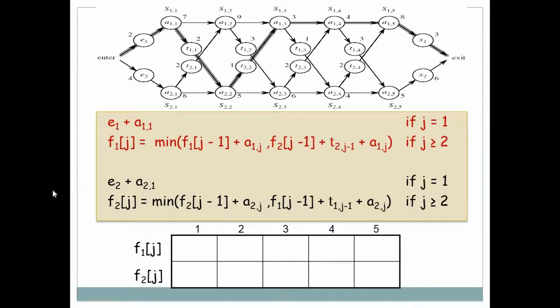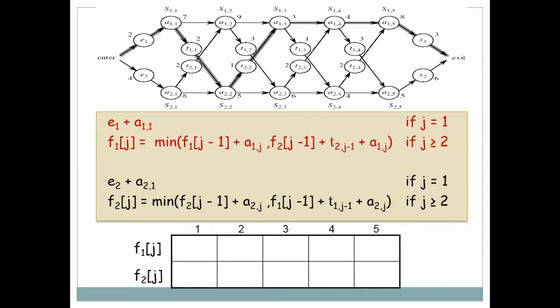So let's solve an example of the assembly line scheduling problem. In this example, this is assembly line 1 and this is assembly line 2. These are the entering and exiting costs, and these are the costs of moving from one line to another. Let's find the minimum cost and also the way in which we can manufacture our unit with minimum cost.